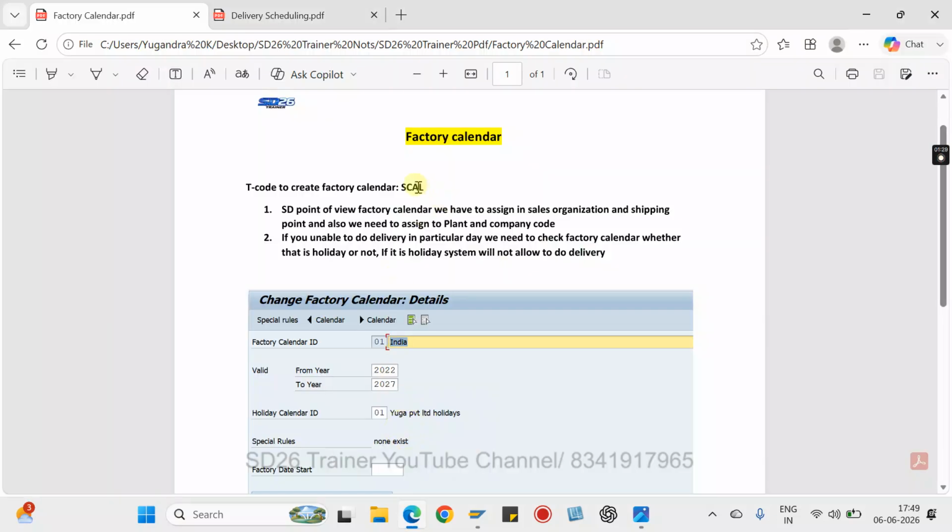The T code SCAL is used to create a new factory calendar. In real time, usually we are not going to create the factory calendar. In most companies FI will create it. If the delivery scheduling is related to SD, usually they don't require it. For example, if production doesn't require it, they're not depending on the factory calendar. If FI also isn't depending on it and it is only related to us,